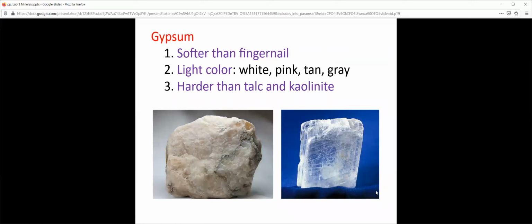Gypsum is an example of a sulfate. Gypsum, I believe, is what we use to make drywall and stuff like that. And it kind of looks like kaolinite, right? It kind of has that look of those silicates that we talked about before. However, since gypsum is a sulfate, it is a different chemical composition, different structure. It is in fact harder. It's not as brittle. You can't rub gypsum in your hand and expect it to crumble the same way that kaolinite or maybe talc would.